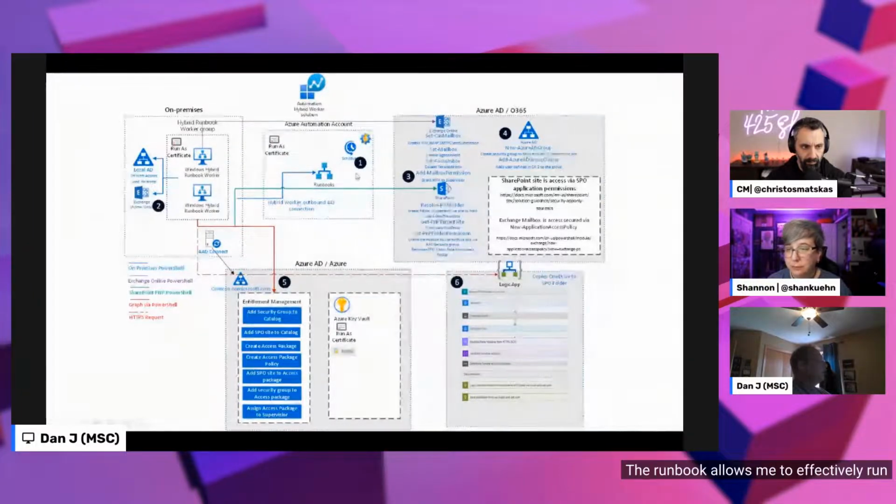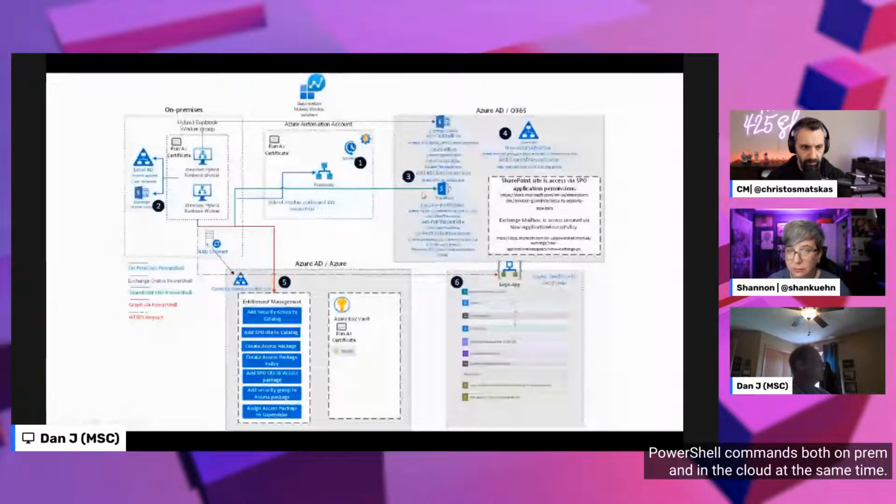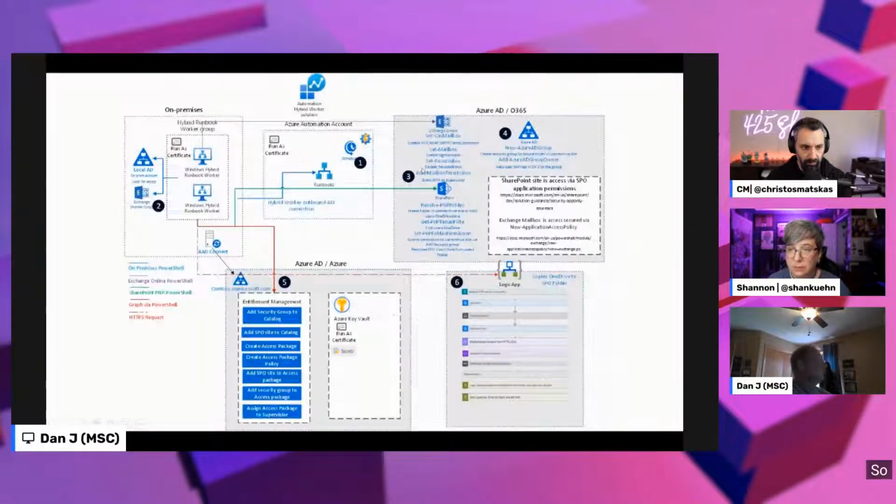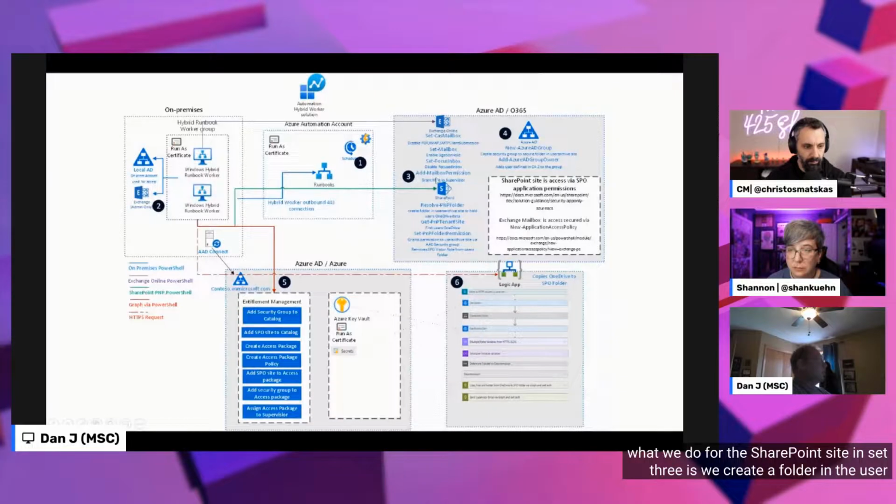The runbook allows me to effectively run PowerShell commands both on-prem and in the cloud at the same time. So what we do for the SharePoint site in step 3 is we create a folder in the user archive SharePoint